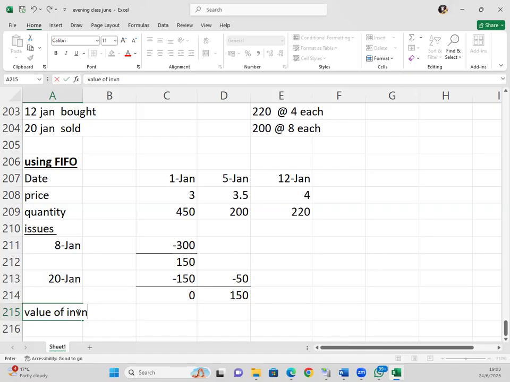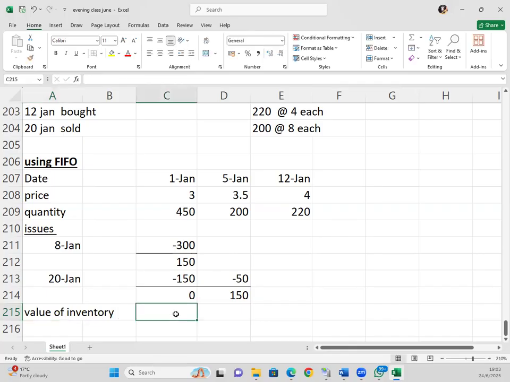So determining the value of inventory is then supposed to be a bit easy. For this first batch, we no longer have any units. For this second batch, we have 150 units, of which the price per unit was 350. So you say 150 times 350